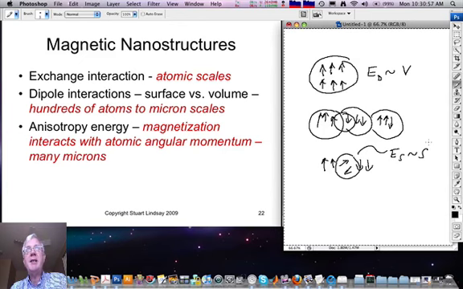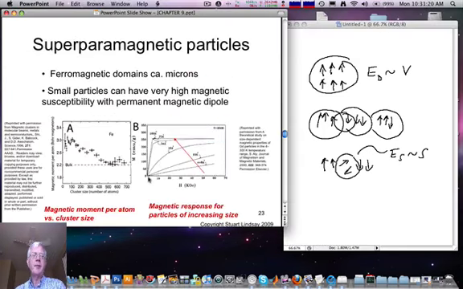Finally, there is an anisotropy energy. Net magnetization is easier to achieve along certain directions, either because of the intrinsic asymmetry of a crystalline material, or even simply because of the shape of the material. It is factors like that that lead to the hysteresis that allow ferromagnets to maintain a permanent magnetic moment.